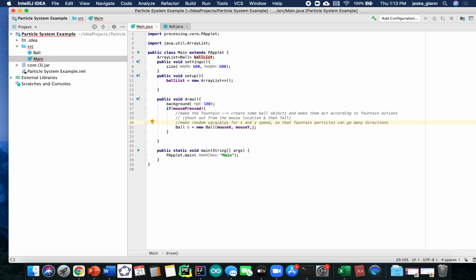Now, if you remember from the demo, the fountain particles all start shooting upwards from the mouse, but they can go to the left or to the right. So what that means is I shouldn't really change anything or restrict that X direction, but I probably should restrict that y direction just a bit. So I'm going to make a random float data type. Float x speed is equal to, and then I'm going to say